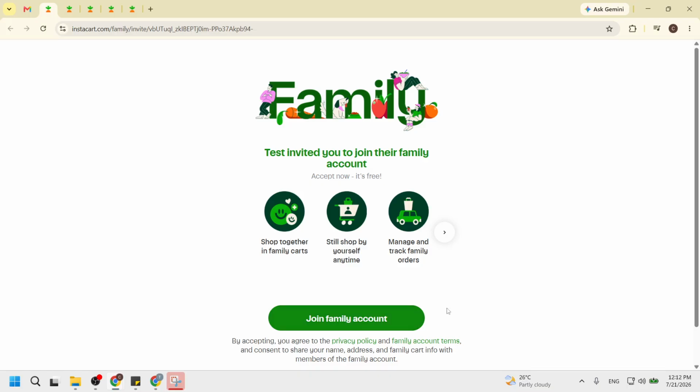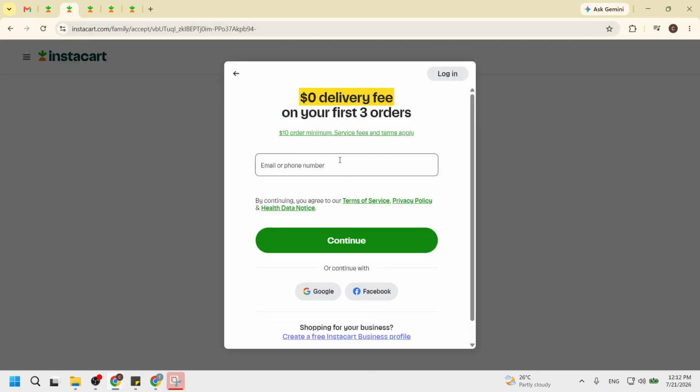Next, you'll need to log in or create an account on the Instacart Help Center mobile app or website. If you already have an account, simply enter your login credentials. If you don't, you will be prompted to create one. This typically involves entering your email address and choosing a password. Sometimes you may need to verify your email address as part of the account setup.